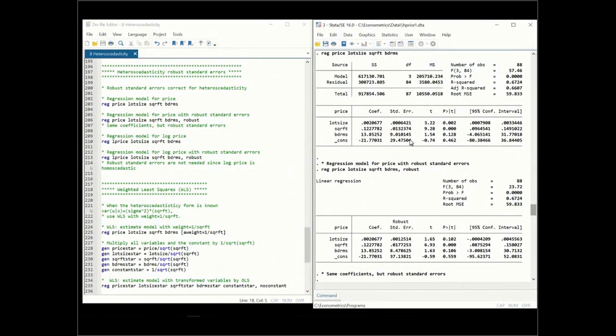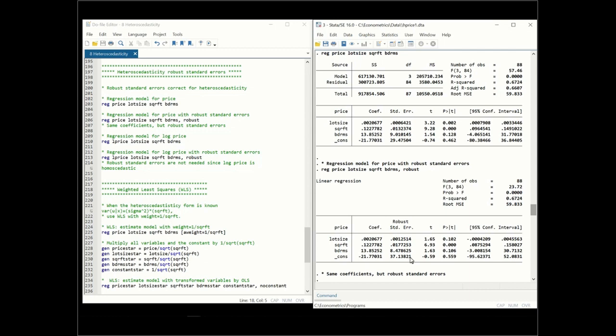What is different is the standard errors are just a little bit different. And actually, what you can find here is that the coefficient on lot size was significant here, but here it actually lost significance. So the standard error here actually increased, so it made the coefficient not significant. But generally we do see similar results in terms of significance for the rest of